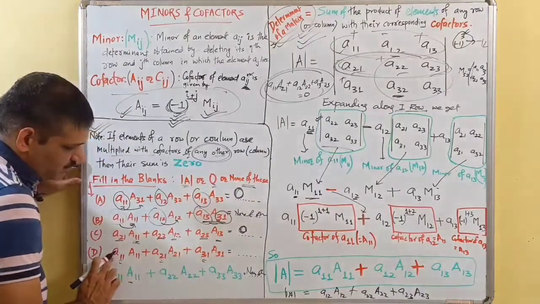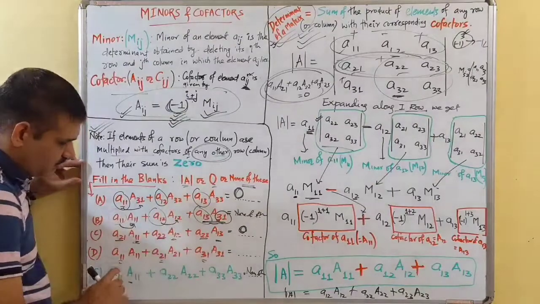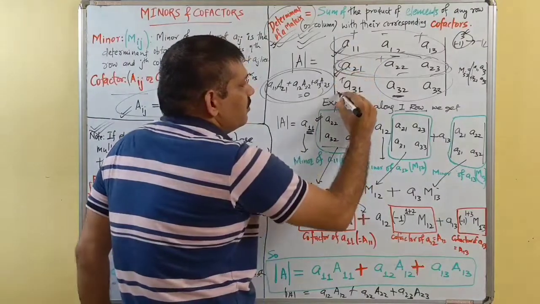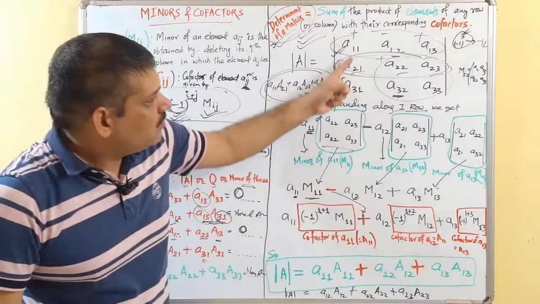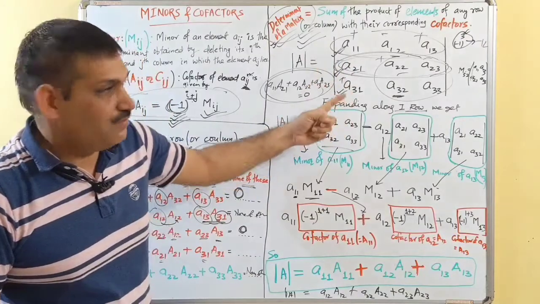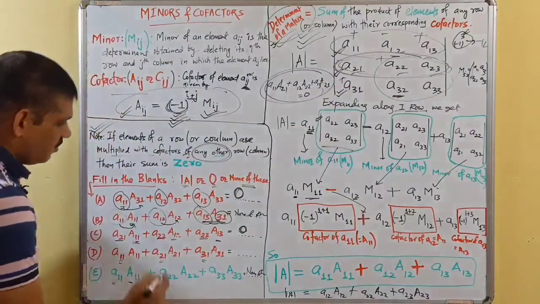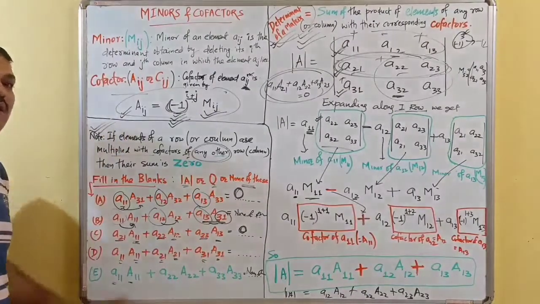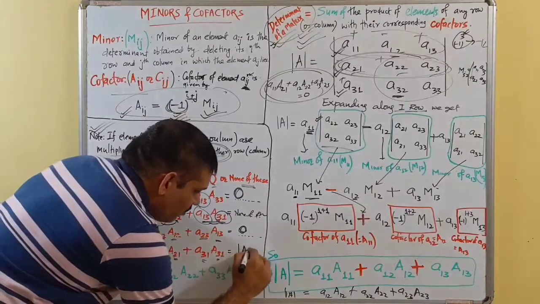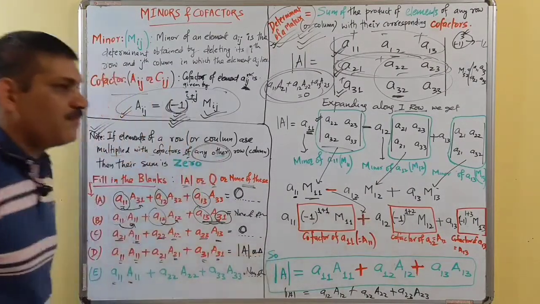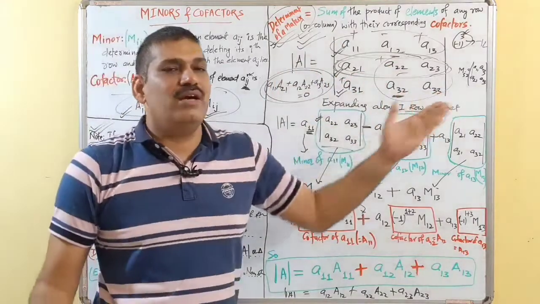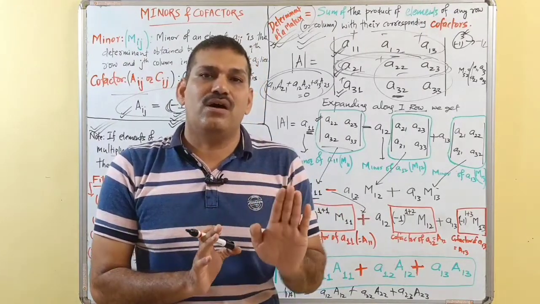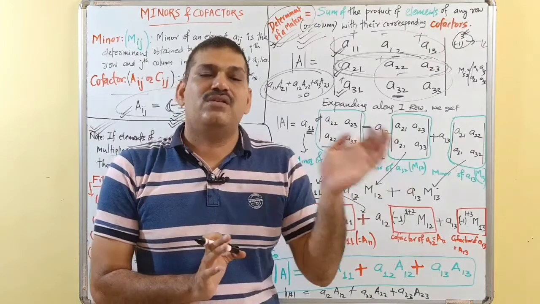A11, A12, these are elements; small a are elements and capital A are cofactors. 1 1, 2 1, 3 1. We have chosen the first column. Let's see if we have multiplied it by the corresponding cofactors or not. Yes, 1 1 is multiplied by 1 1, 2 1 by 2 1, and 3 1 by 3 1. This is the value of determinant, or what we call delta. But if we choose any random 3 elements and multiply them by their corresponding cofactors, it is not going to come out exactly equal to the value of determinant or 0.